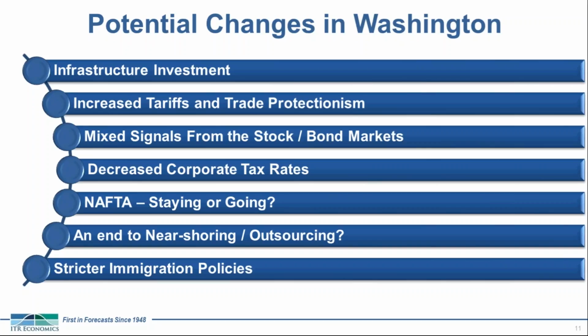Directly after the results of the U.S. election, we've seen mixed signals from the stock and bond markets. The stock markets are up, and we're seeing general growth there, which is fairly strong positive evidence for short-term growth. Generally, the stock market is a little short-sighted compared to the bond market, and it indicates that corporations and investors think they can make a quick buck over the next 3, 4, 5, 6 months, maybe even a year.